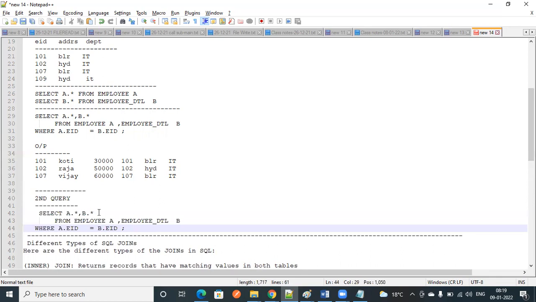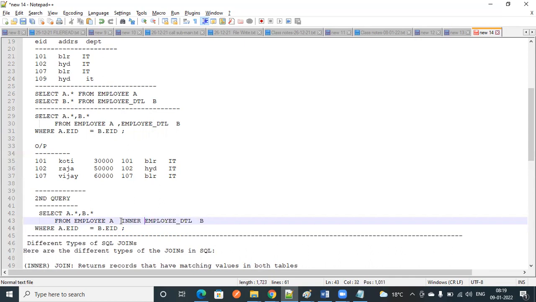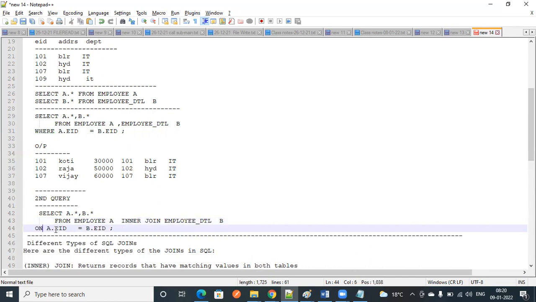I'm just going to modify this one. Select A dot star and B dot star from employee table. Instead of comma, just type inner join employee details B. Instead of where, just keep ON.